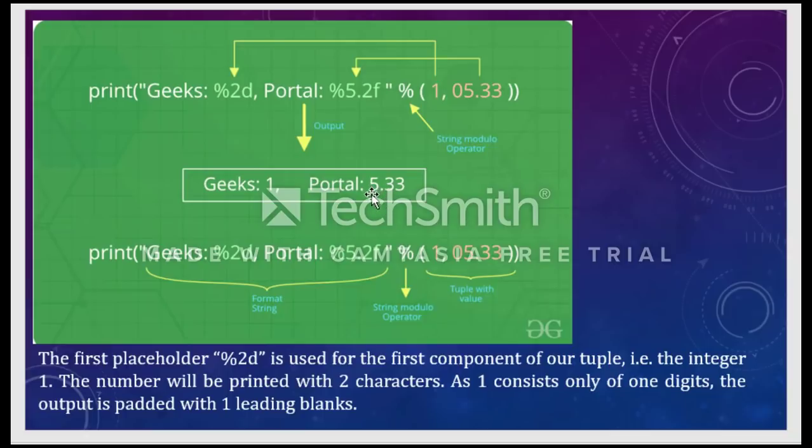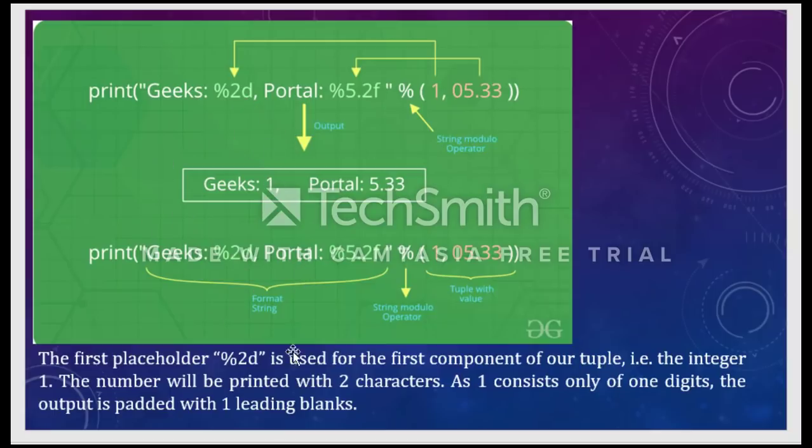Okay, so totally how many places I am printing on the screen is 5.33. Then what about the other 5 characters, sir? You said that it is 5 characters, then it should be leading with a space. First of all, you will get 1 space, after that 5, then dot, then 3, and then again 3. That is the total meaning of why we are writing this %2d and %5.2f like this. So it is called formatting of the output.